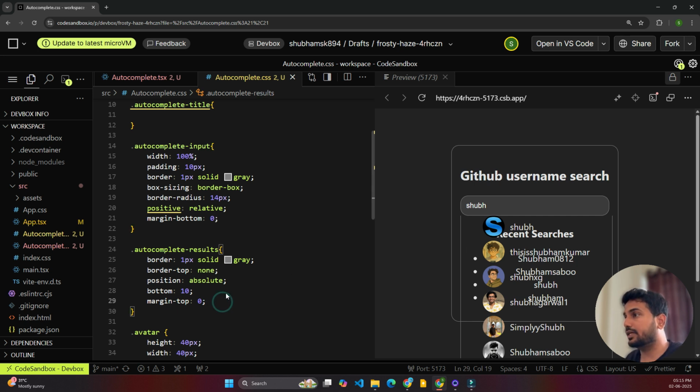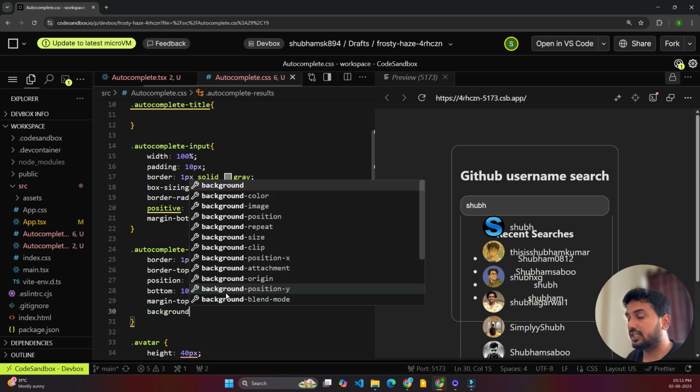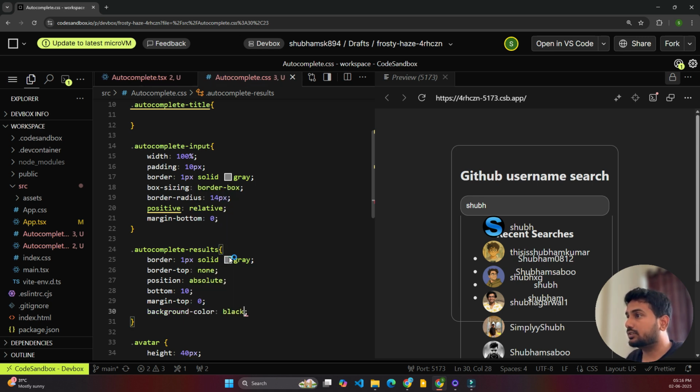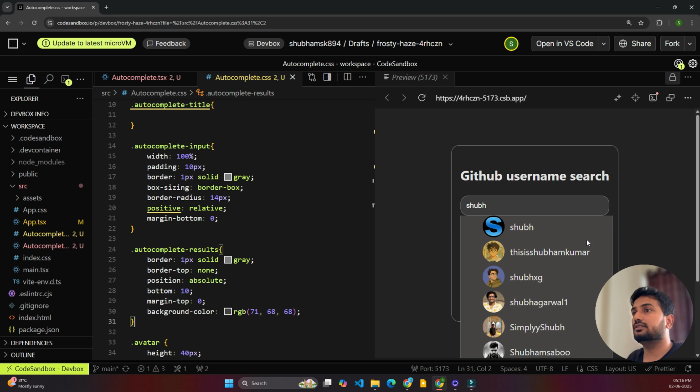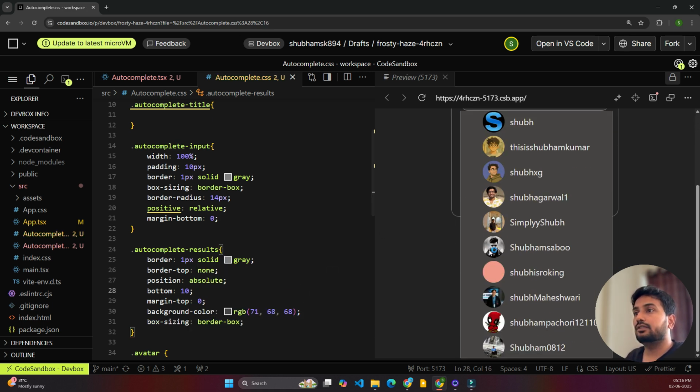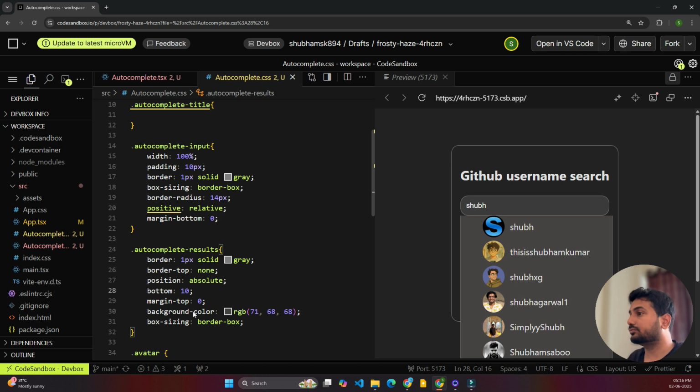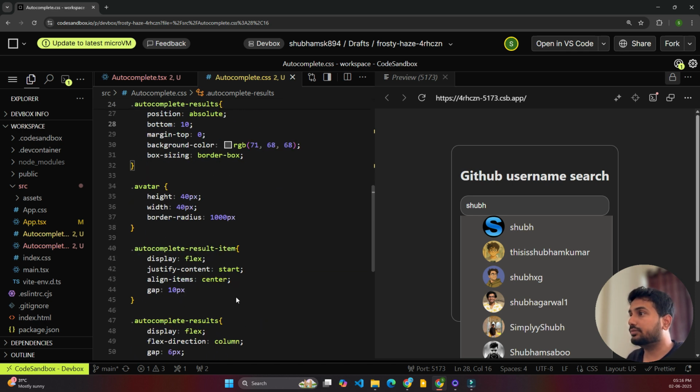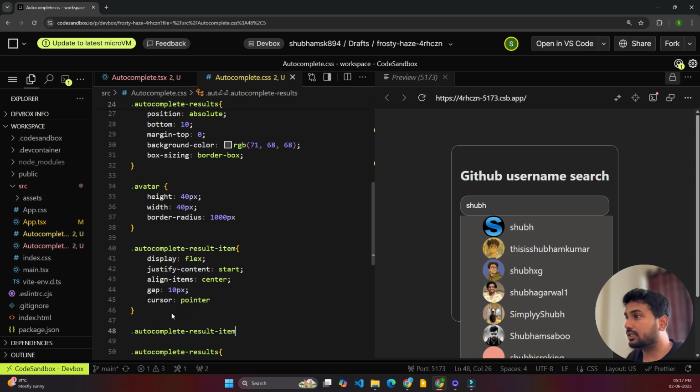Okay, and let's add some background to this, as it is transparent. Let's grab it actually. Yeah, so we are getting some background here. Again, here also we'll add the box sizing as border box. Yeah, so we are getting the results here. On the list item part, we'll add the cursor as pointer so that when we go to this, we'll get the pointer here. And also we'll add some hover style here. Results item,